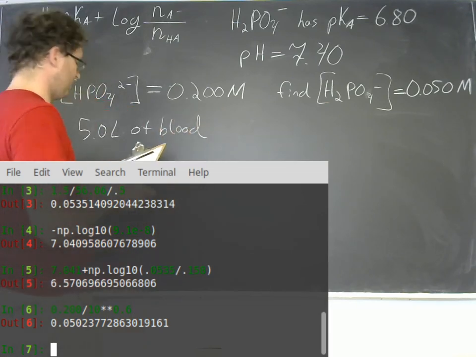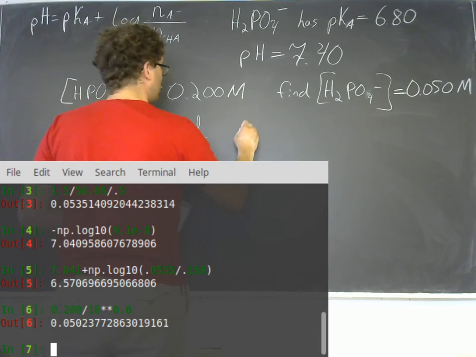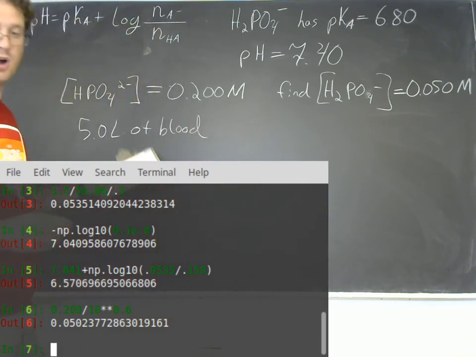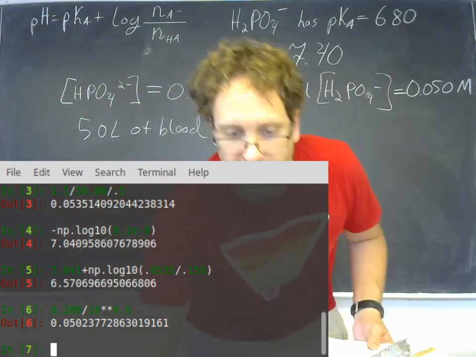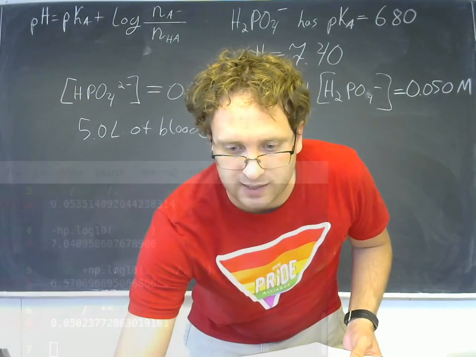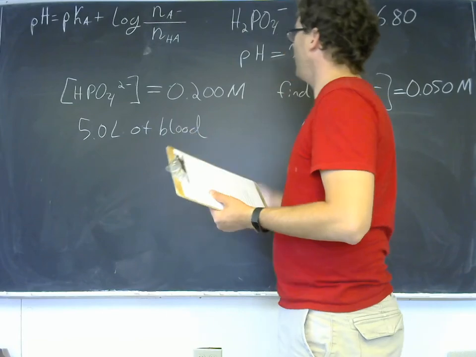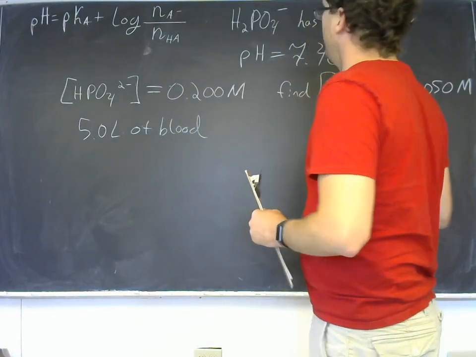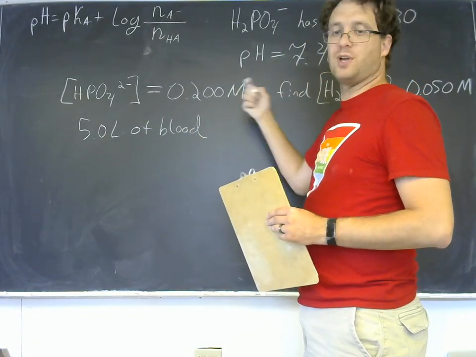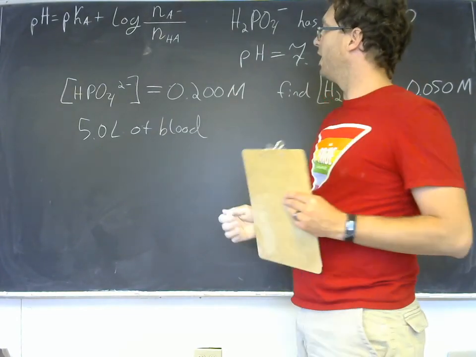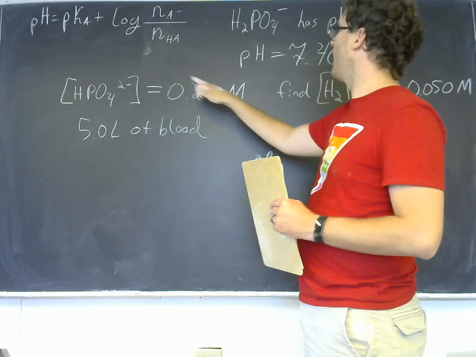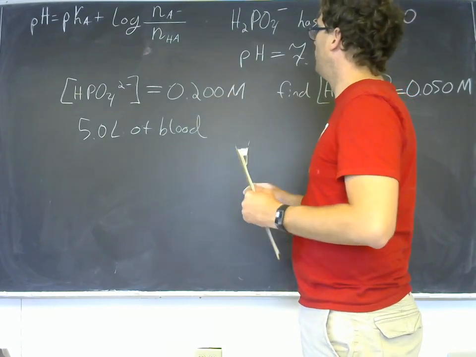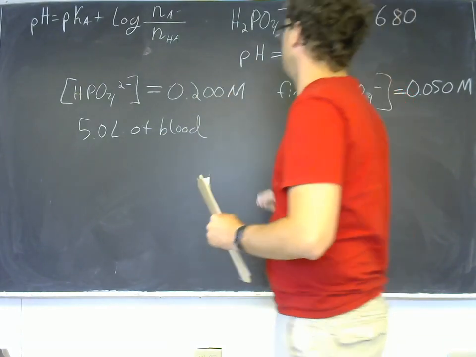Actually, I'm going to make this simpler. Let's just say how many moles of strong acid can be added to 5 liters of blood before the buffer capacity is exceeded. Okay, so if I have 5 liters of blood, how many moles of HPO4 2- will that be? Well, 5 liters times 0.2 moles per liter is going to be